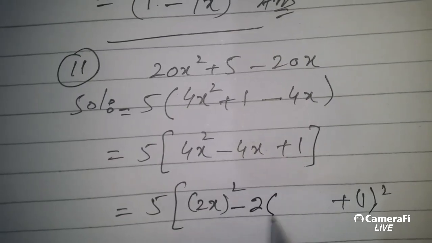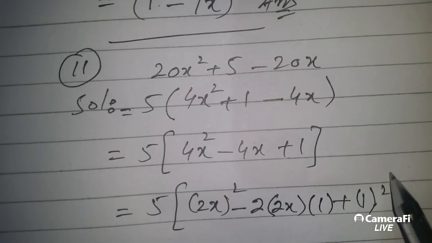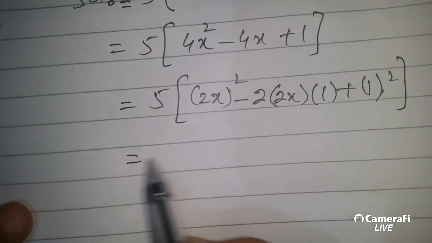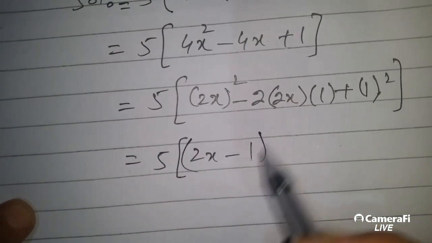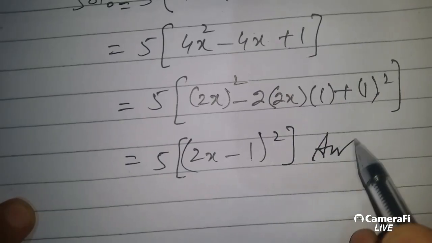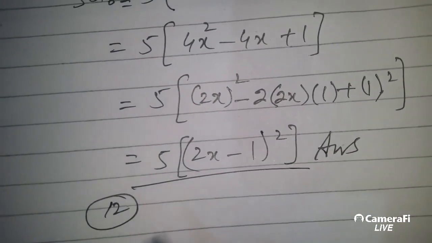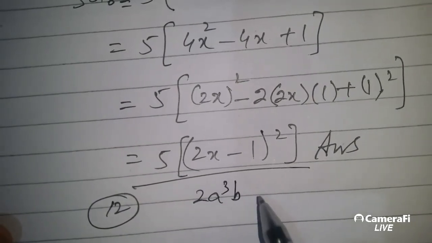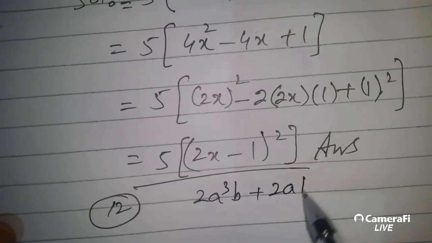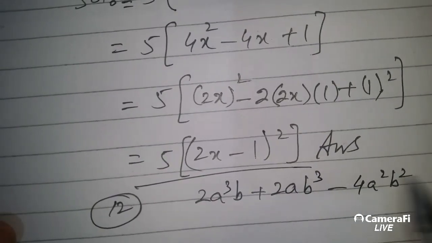यहाँ पे -2 फार्मूले का, पहली रकम यहाँ से उठाई 2x और दूसरी रकम 1 यहाँ से उठाई, तो ये फिर से होल स्क्वायर हमारा कंप्लीट हो गया, यानी कि 2x - 1 का होल स्क्वायर। तो ये हमारे पास आंसर आ गया। क्वेश्चन नंबर 12 पे चलते हैं जी। ये है जी 2a³ प्लस 2ab³ माइनस 4a²b²।